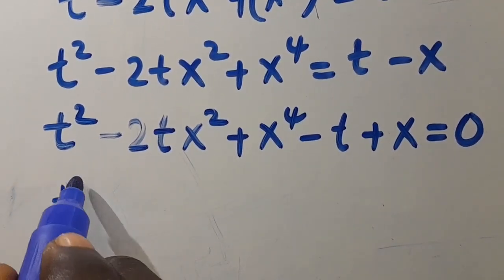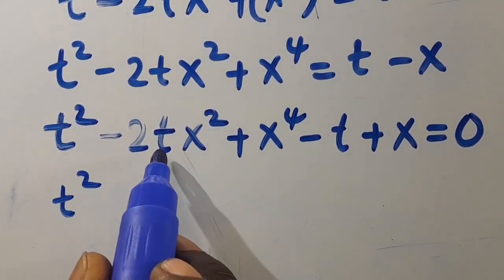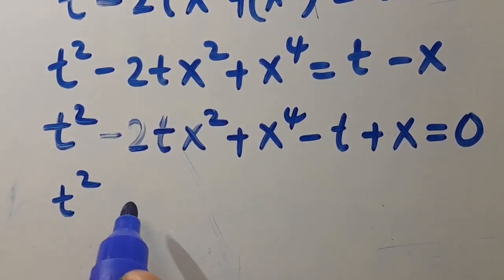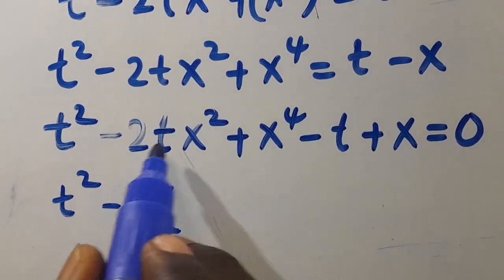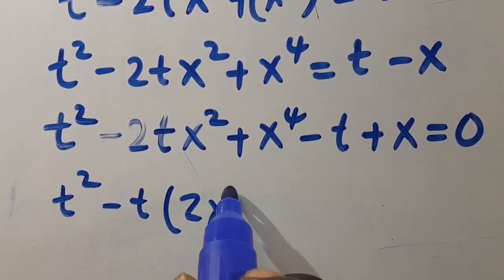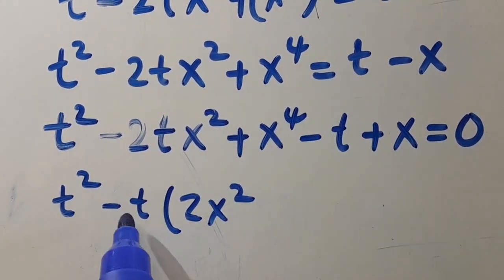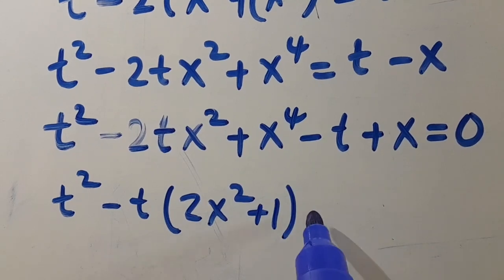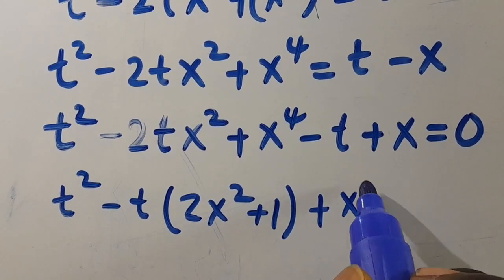Then we have t to the power of 2. t is common here, t is common here. So when we factor minus t outside, then the whole of this divided by minus t, we're going to have only 2x squared. This minus t divided by this minus t, we have plus 1. Then let's take this together, plus x to the power of 4